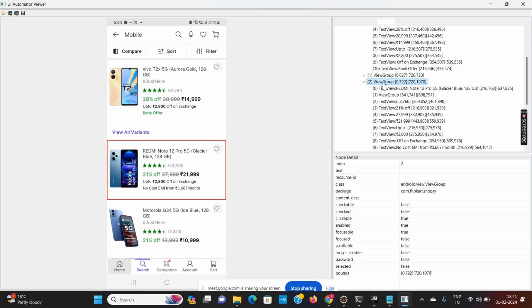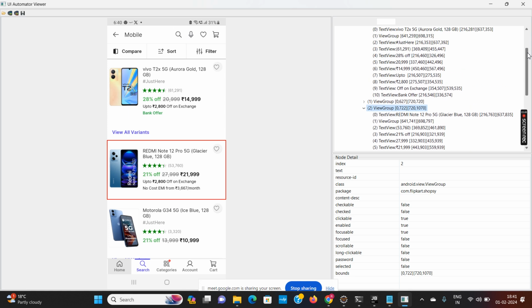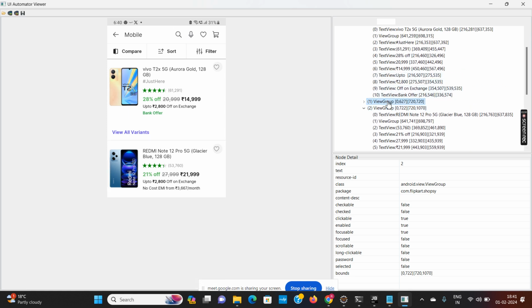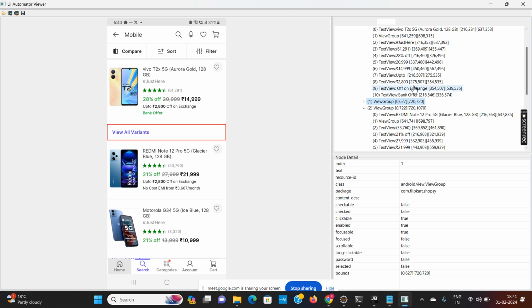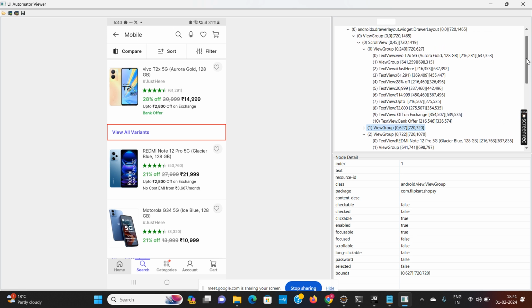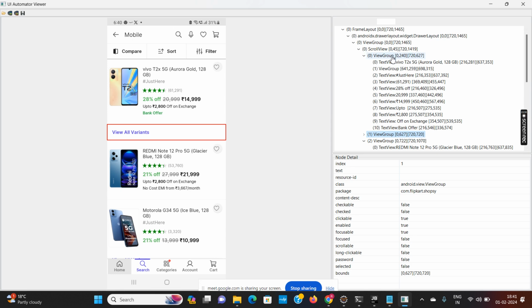You see, this is one view group, from where this text is coming. All the text is coming from this view, and this is a view group. This is also a view group.